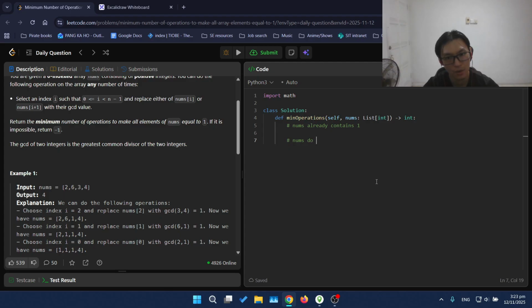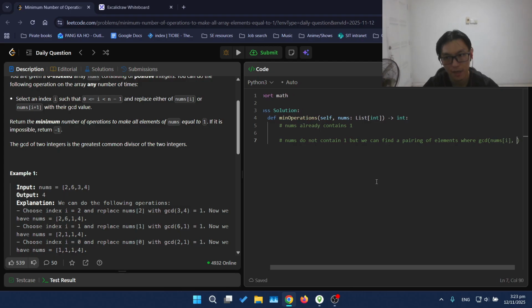Then there's the case where nums does not contain 1, but we can find a pairing of elements where the GCD of two elements, nums[i] and nums[j],